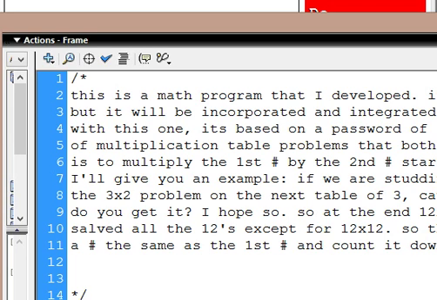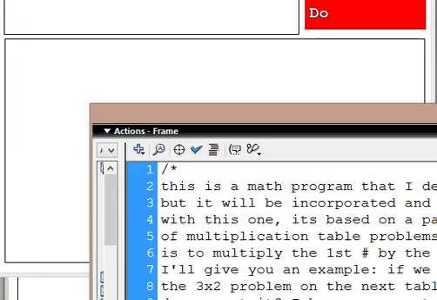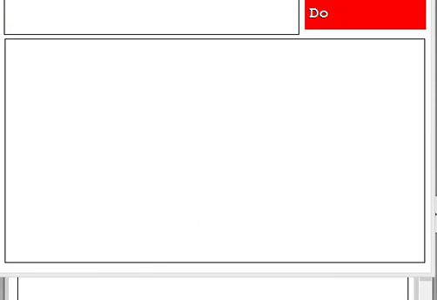5 times 5 is 25. 5 times 6 is 30. 5 times 7 is 35. 5 times 8 is 40. So that's how it goes. You can easily learn, I mean not easily, but you can learn how to do that by counting down both scenarios, which is the